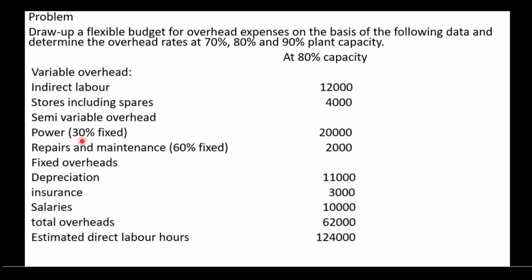And the next one, repairs and maintenance 60% fixed. The amount of the repairs and maintenance are 2,000. So in this 2,000 amount, the 60% are fixed. And the remaining